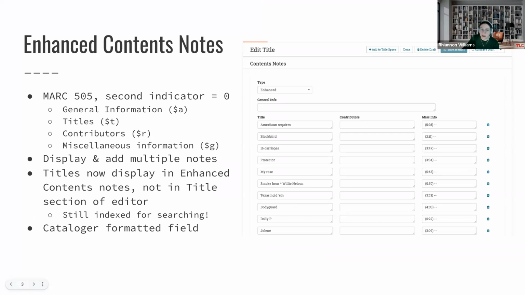This enhanced contents note comes from the MARC 505 field, just like a basic contents note, but these have the second indicator of a 0 as opposed to a space for the basic contents note. And these enhanced contents notes are often used for, I see them very often for works like DVDs or CDs where there's many different tracks, vinyls that have different tracks on them. So it's a great way to separate music tracks and give information related to each of those tracks, or for things like anthologies where you have multiple titles contained within a single